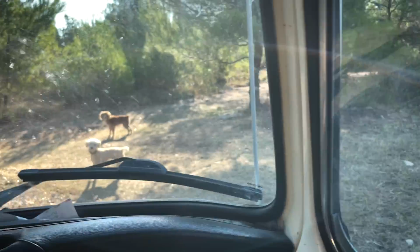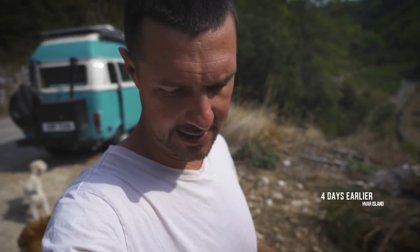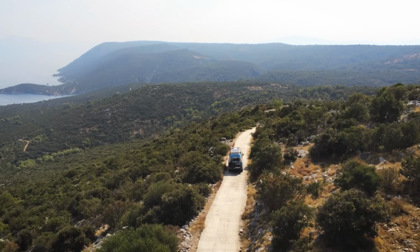Let me explain what's going on. We're having issues with the Kombi. It's not driving very well. That's a little bit of a concern. It's when you stick your foot down on the gas and give it some beans for the hills, it's misfiring